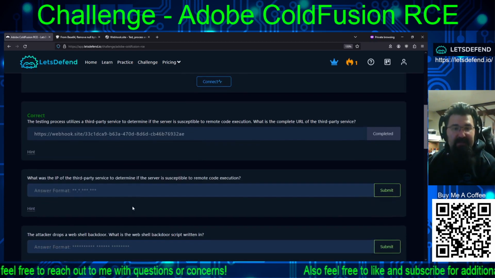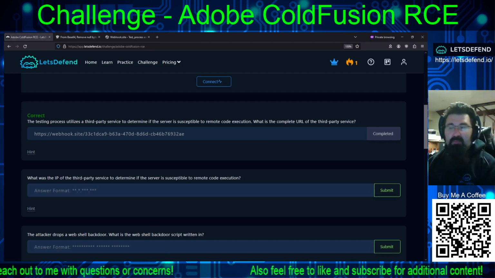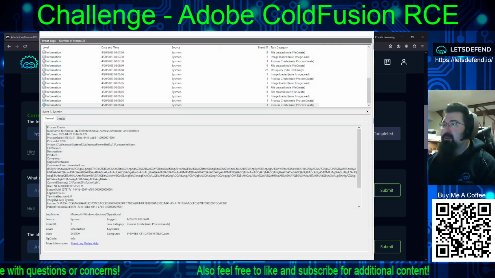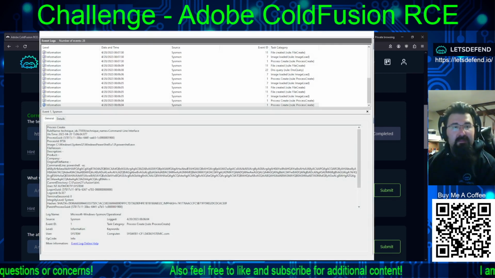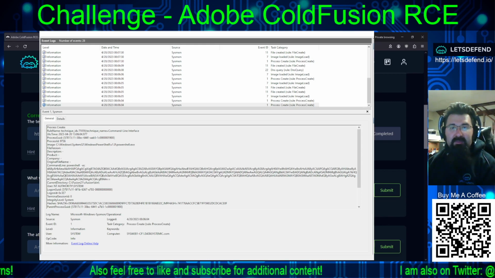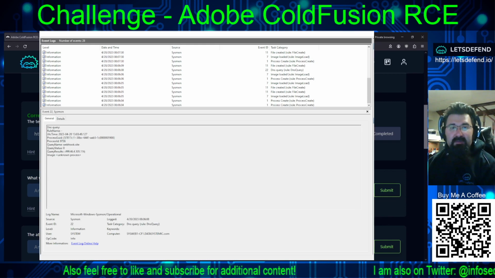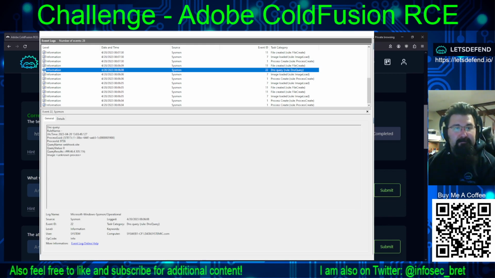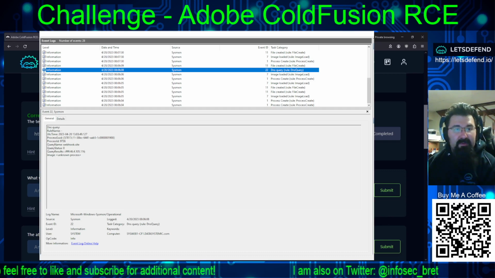What is the IP address of the third party? So the third party is going to be the webhook site. So if we go back to our log, let me guess, there's going to be a DNS query, something like DNS query number 22. It asks for webhook. And the query results are